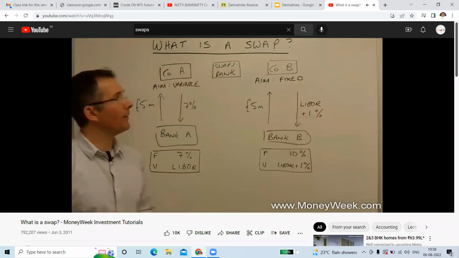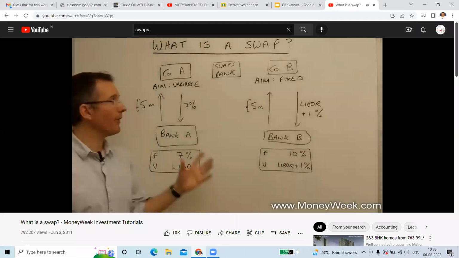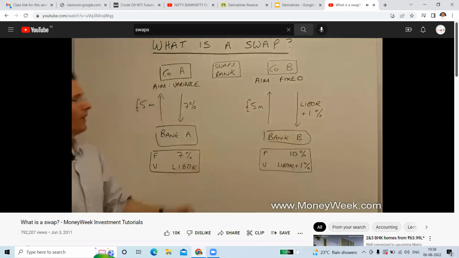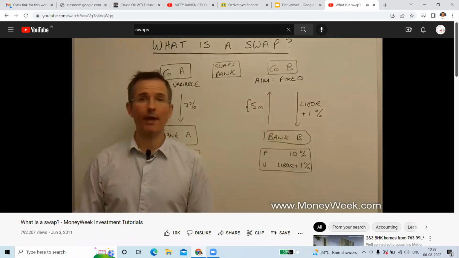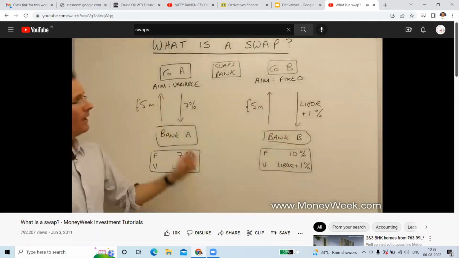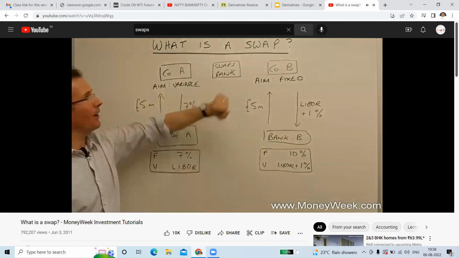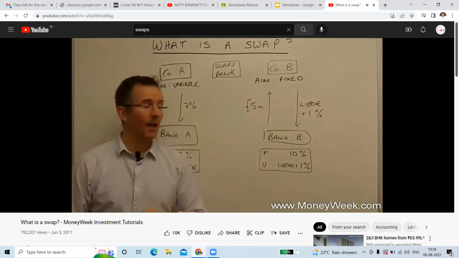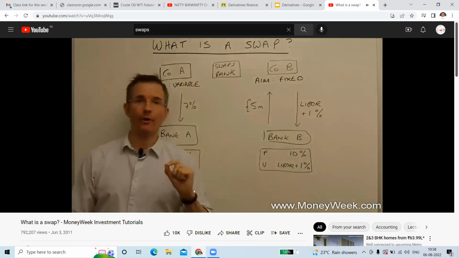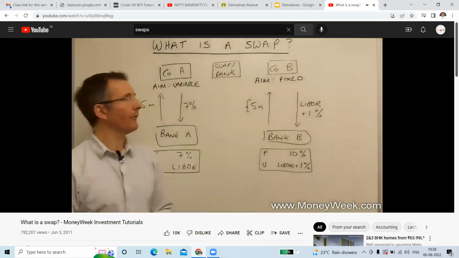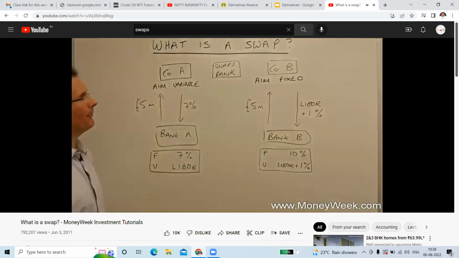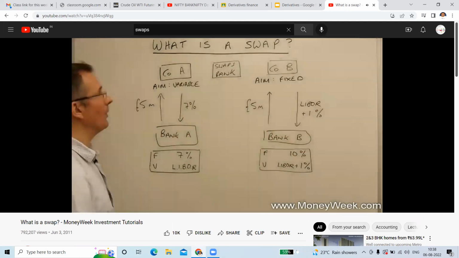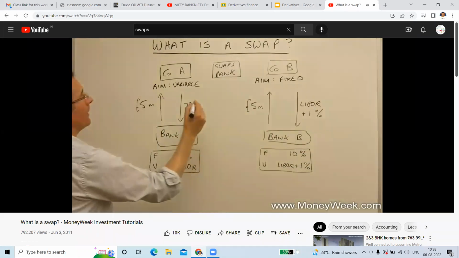So what you have so far is two companies. They've taken out separate loans, both for 5 million, with their own banks, and at the wrong rate in both cases. So, how can a swaps bank give them the rate they want and reduce the cost of it? Here's the answer. Now I'm going to make up a few numbers here. These don't have to be the exact numbers, but let's say, for example, and here come the two swaps.